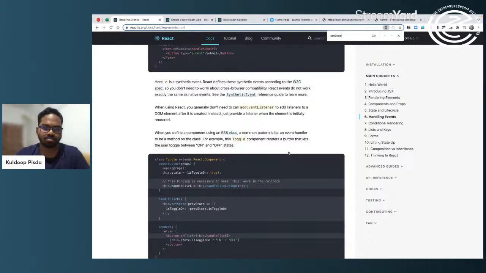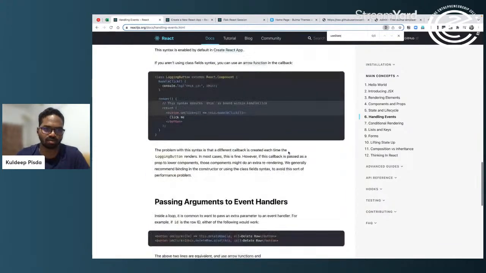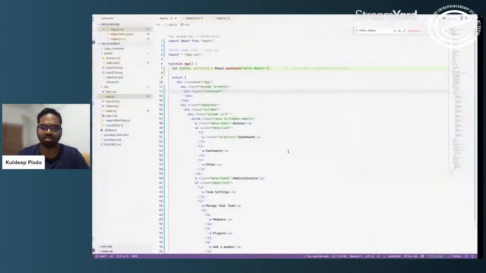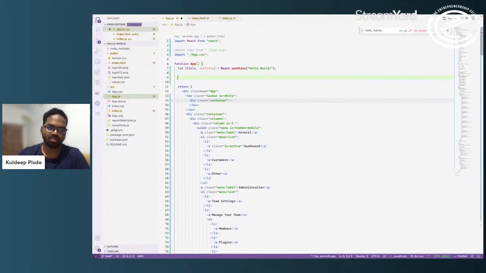Okay, they have used the class-based example, but okay, no worries. We will use our own example. So yeah, for example, we will